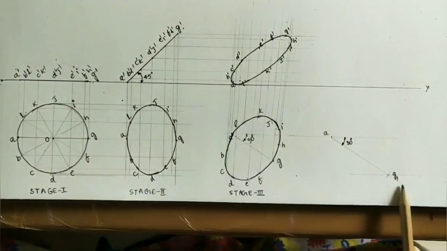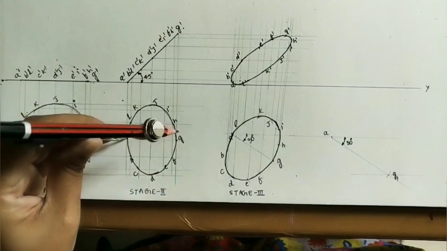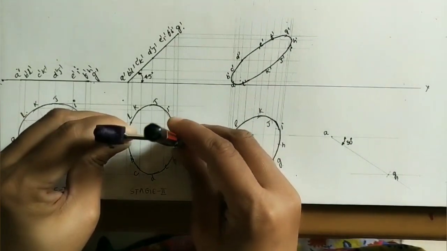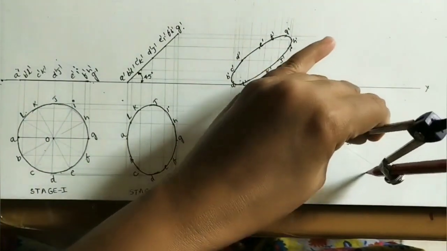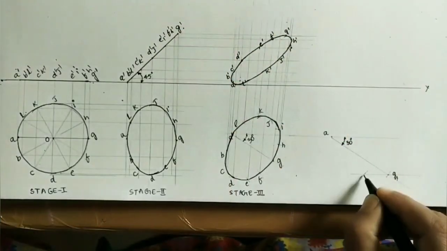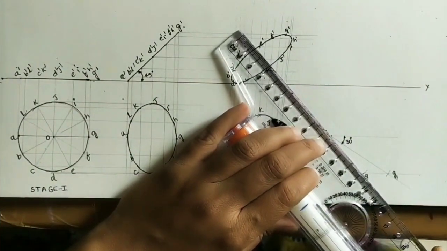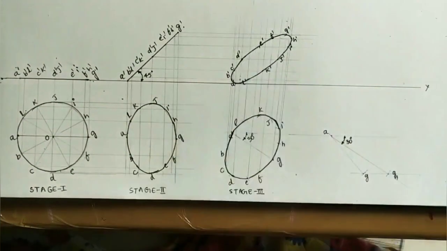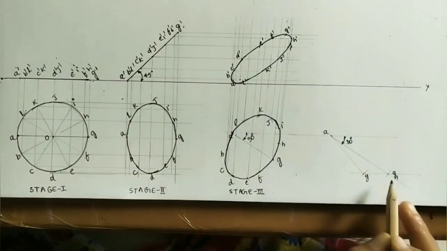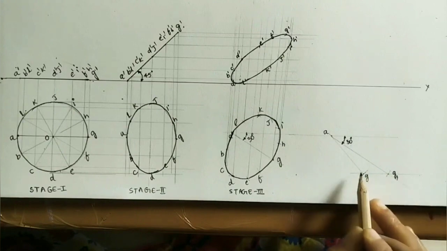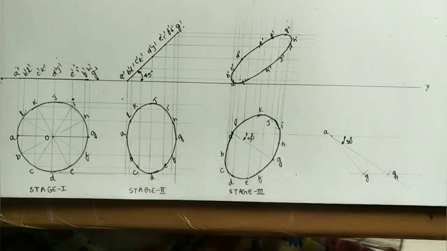After getting this locus of G, this is the vertical diameter. Take the top view diameter. Whatever diameter is here, take the same diameter length, A as center, just do an arc here. So this point is the G point. Join A and G, it is the top view diameter. So here, whatever is stated, the vertical diameter is tilting 30 degrees. Mark the vertical diameter first, take the locus of G, and on it mark this top view diameter.